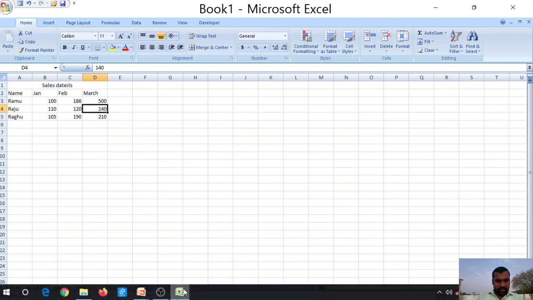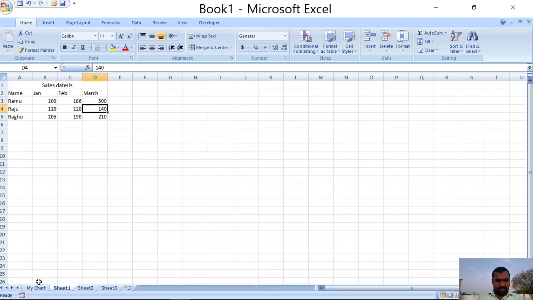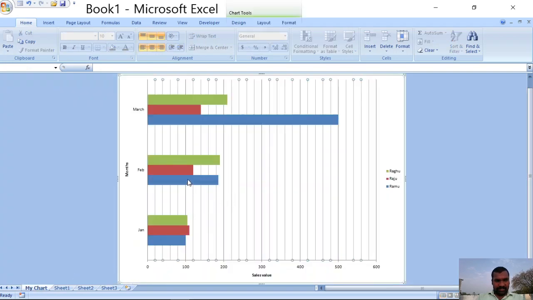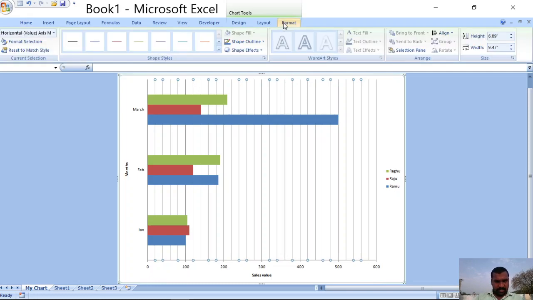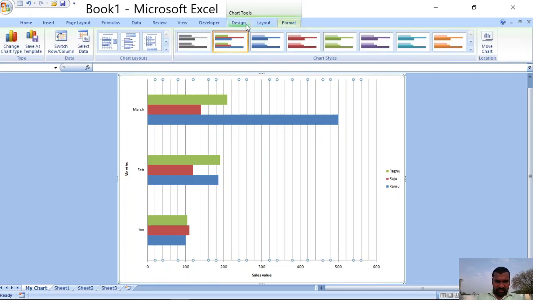Okay, so I thought that I covered all the things, right? Till now we have discussed the chart layout, chart style, and chart type.